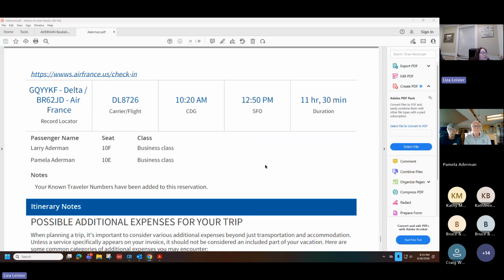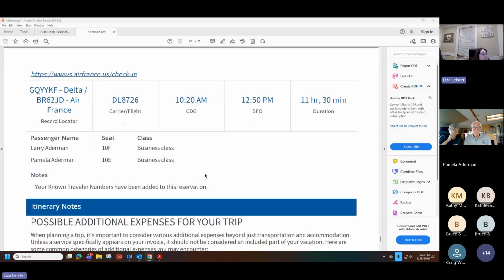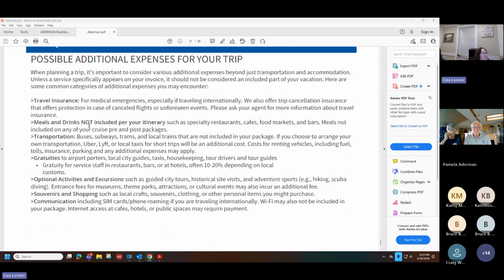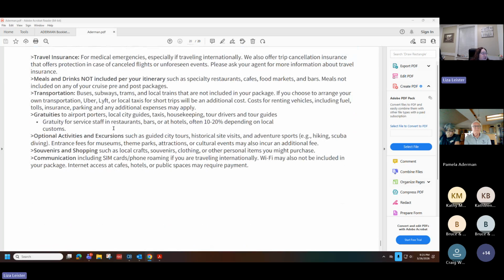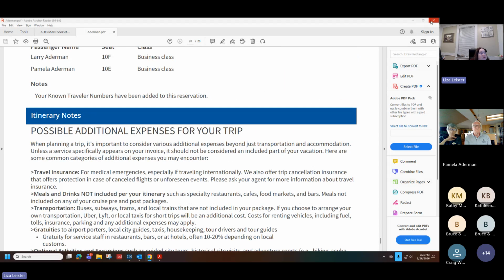For those of you doing Lufthansa, United's probably the frequent flyer number you want to use since they're partners and earn points with that. And those of you doing KLM, Air France, and Delta, Delta is the US carrier, so I'd say most likely you'd want to have a Delta frequent flyer number because you'd be more likely to use the points on Delta. Then this is just general information. And that's basically it for the travel itinerary.